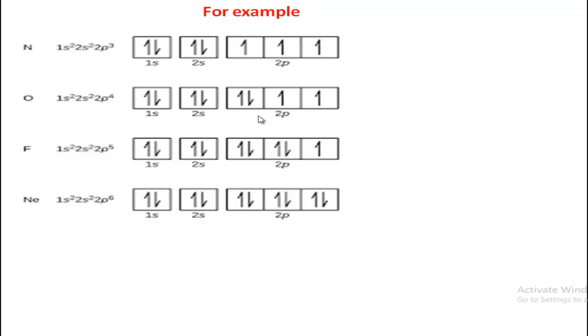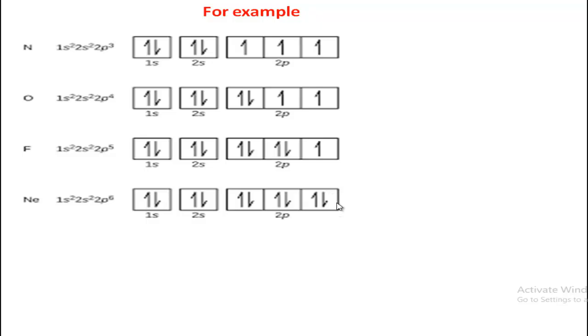So here at first 3 electrons enter the 3 p orbitals, px, py, pz, then the 4th electron will enter the px orbital. Now fluorine, 2p5. At first 3 electrons enter px, py, pz, then the fourth electron will enter px and the fifth electron will enter py, like this. And neon, there is 2p6, so at first one electron enters each p sub-orbital,